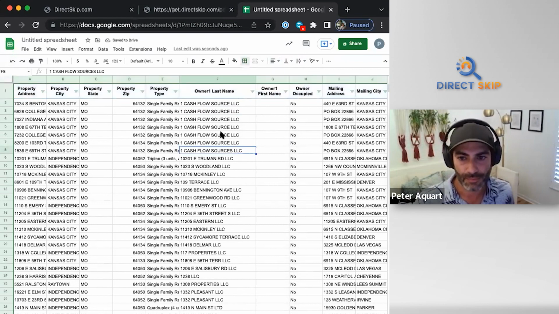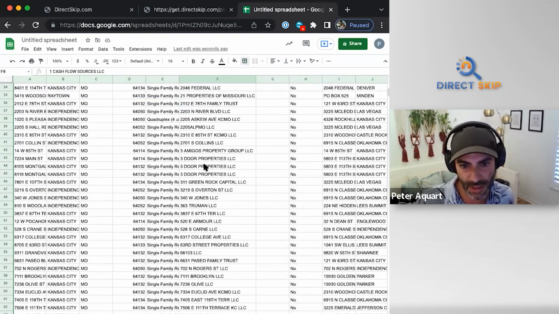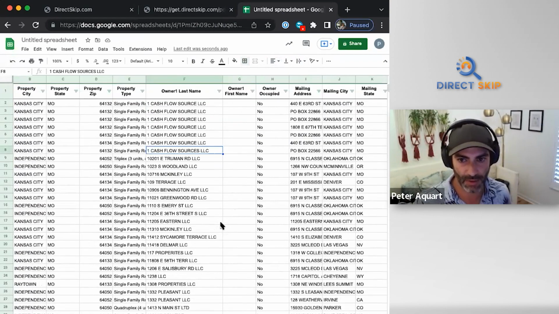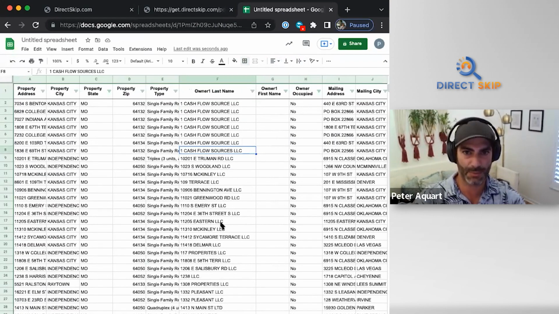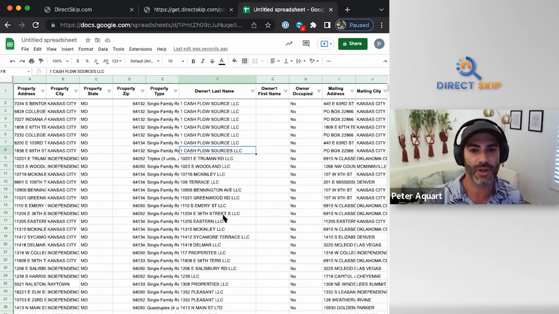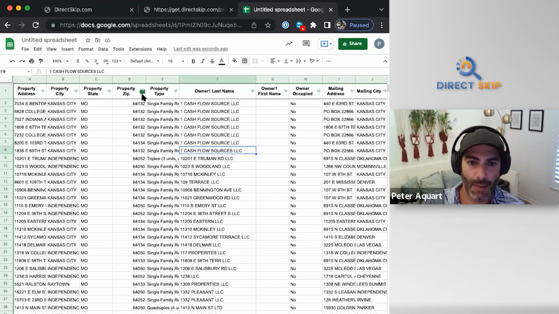Okay, so here we have it, right? Here it's sorted by name. You can see ones that have a couple properties, et cetera. Again, guys, this is before we skip trace, right? We're just trying to figure out what's one zip code I can target heavy, to know that's where deals are moving. Okay, because I created the filter here at the top, you see all these little